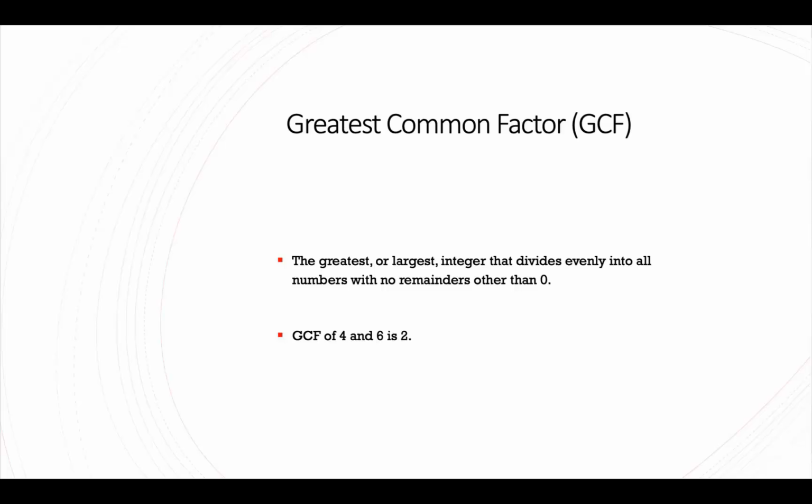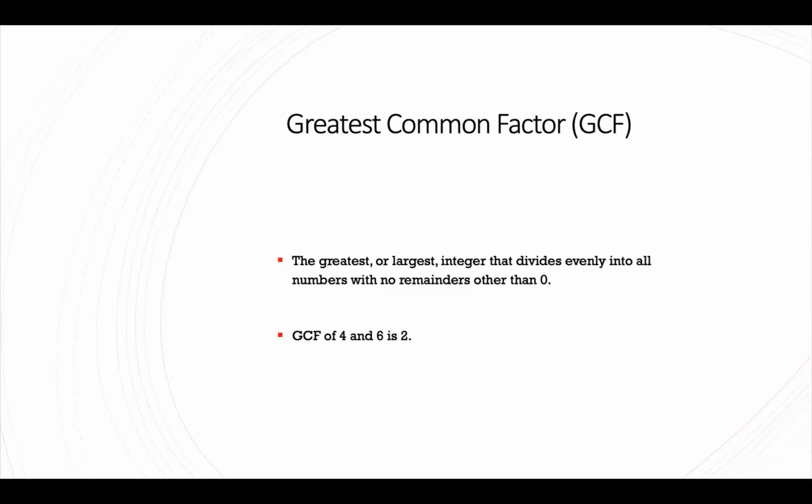For example, if I'm looking at the numbers 4 and 6, the greatest common factor would be 2, because 2 divides 4 evenly, and 2 divides 6 evenly, and there is no other integer besides 1 that would divide both numbers evenly. With small numbers, it can often be easy to see right away what the greatest common factor might be, but as the numbers grow larger, so does the difficulty of seeing the greatest common factor easily.